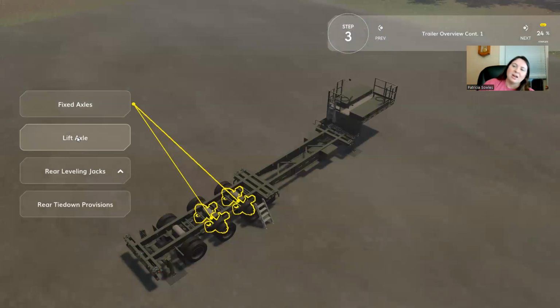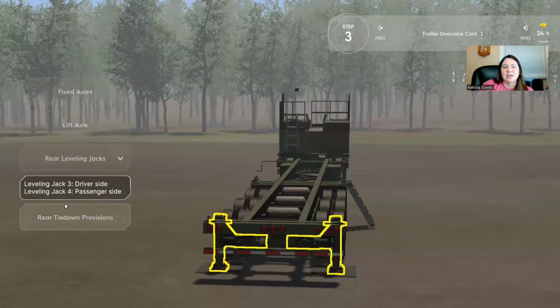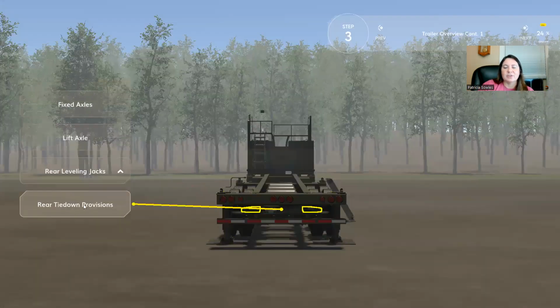And most of the time, this trailer information, what I'm teaching is new equipment training. And the new equipment training is for soldiers who already have experience with this. They've just got new equipment coming into the field. So they probably know about lift axles and rear jacks and rear tie-down provisions. All right, so now that we see what I'm working with my training with 3D, I want to show you some of the stuff we're doing